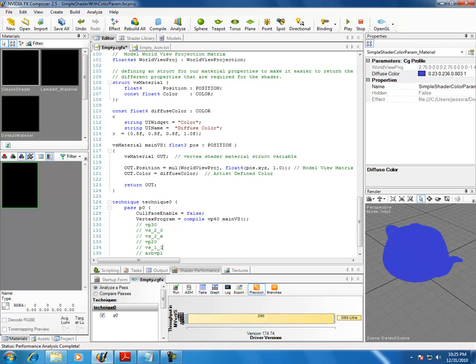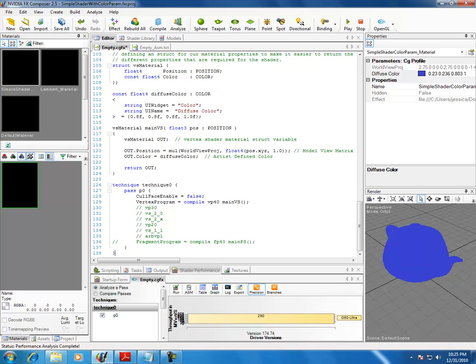VS2_0 here for this one right here, and this one is for your DirectX, for those capable type shader profiles, and then the VP30 here is for OpenGL, and we could have VP40 just like we have right here, which is exactly what we're using right now, but we could do one of these older ones here and it would work fine. I commented out the fragment program here because we don't have a fragment shader anymore. I got rid of it because we don't need it for this particular example in order to simplify things further. Alright,